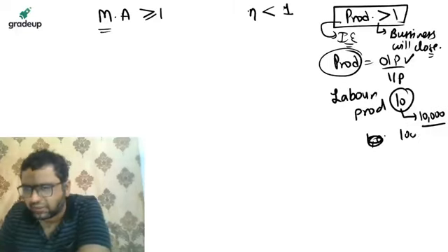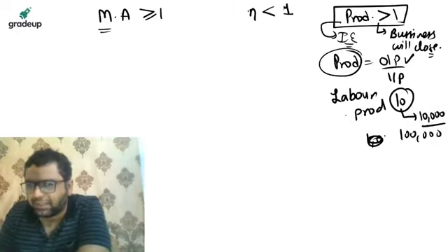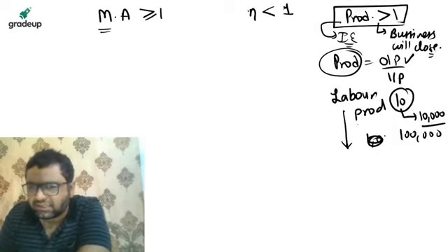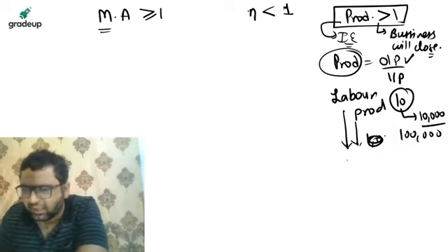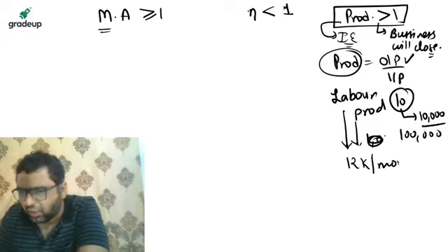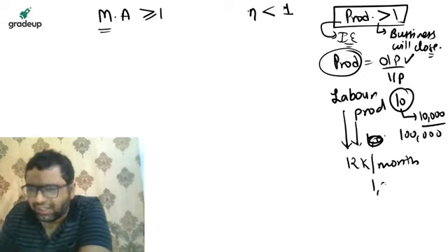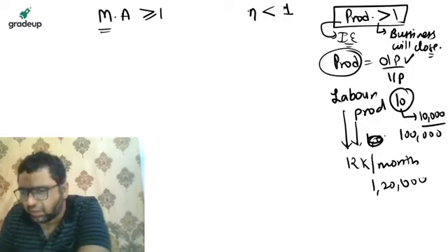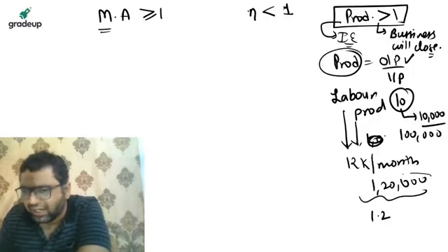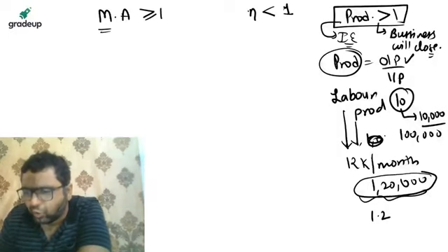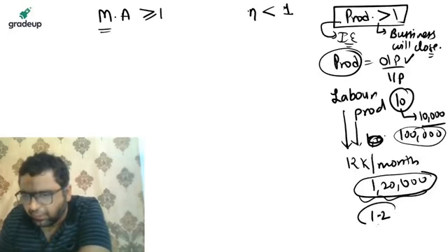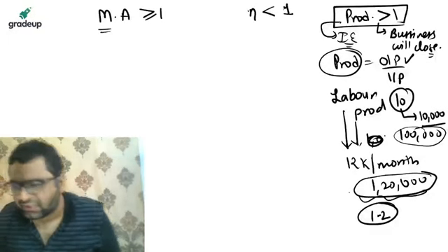Yes, 1 lakh rupees. But let us say you are going to give this facility to some society at 12k per month per person. So you are going to get 1,20,000 every month. So this labor productivity will be 1.2, because you are getting 1,20,000 as output and you are putting input of 1 lakh rupees. This is how this thing is defined.